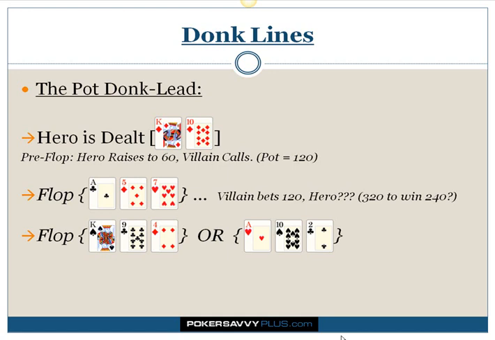And in both of these situations, in the first situation, the min donk lead, and in the pot donk lead, as soon as you actually establish what it means from your opponent, because quite typically, once you find out what it means, it remains the same. Even 6 months down the track, you may play that opponent again. So taking a note as soon as you find out is definitely something which is massively plus EV for your